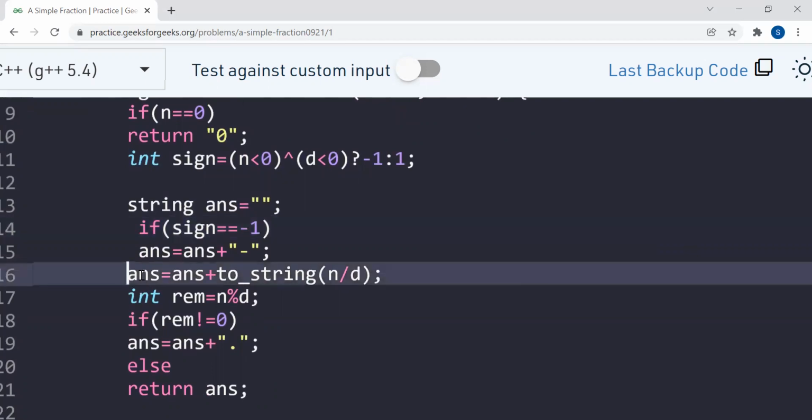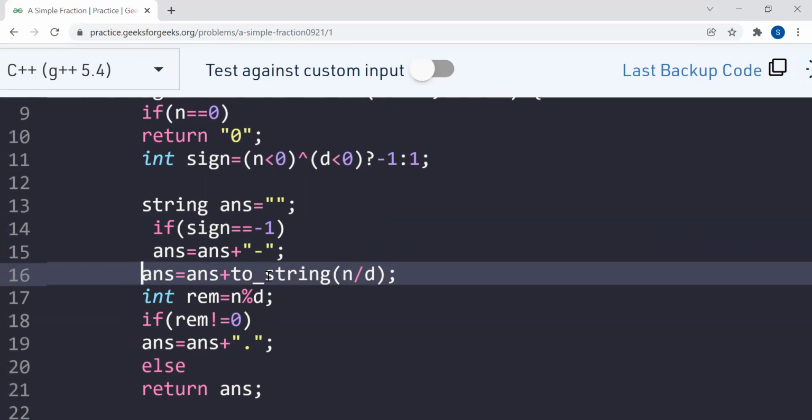And after that, what we are doing is first simply adding n by d to our answer. Like in the first case, if the numerator is 5 and the denominator is 2, we have to calculate 5 by 2, right? So in the initial case we are simply adding 2 to the answer, right?